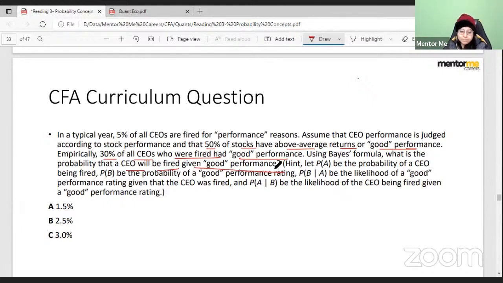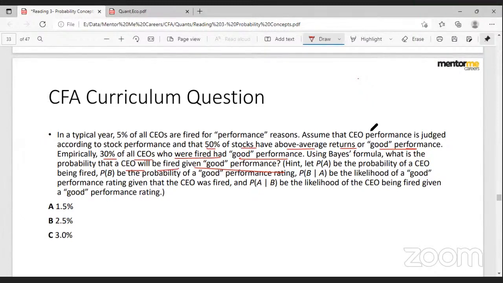ठीक है. अभी देखते हैं how many of you can calculate it. I would suggest एक tree बना लो of the events. So ma'am, we can take 0.3 divided by 0.5, that is the probability of good rating divided by this probability of CEO. We can get the answer or